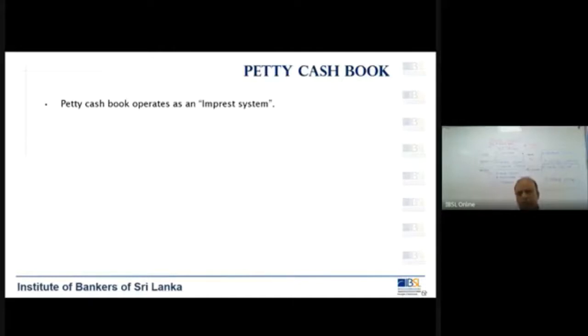It is an option given to companies to choose whether they want to maintain a petty cash book or not. Sometimes some companies don't want to do it. They always want the main cashier to do all the transactions, but it might not be practical with the volume of transactions relating to the company. So what we would prefer is to have a petty cash book or a petty cashier to handle the small nature of transactions.